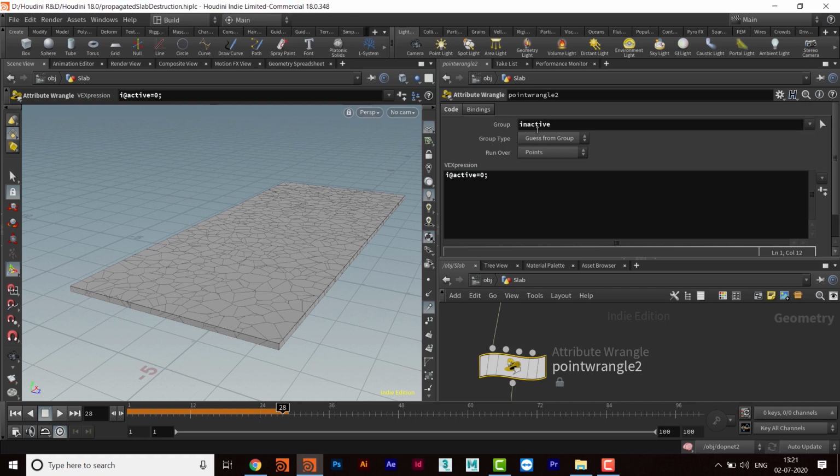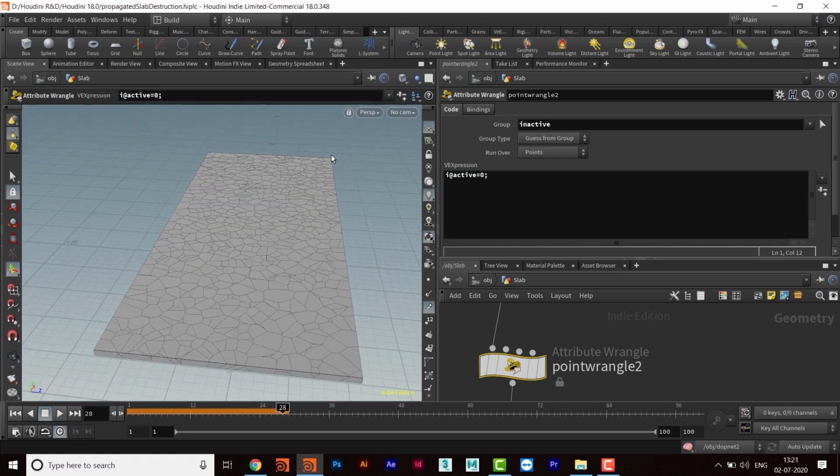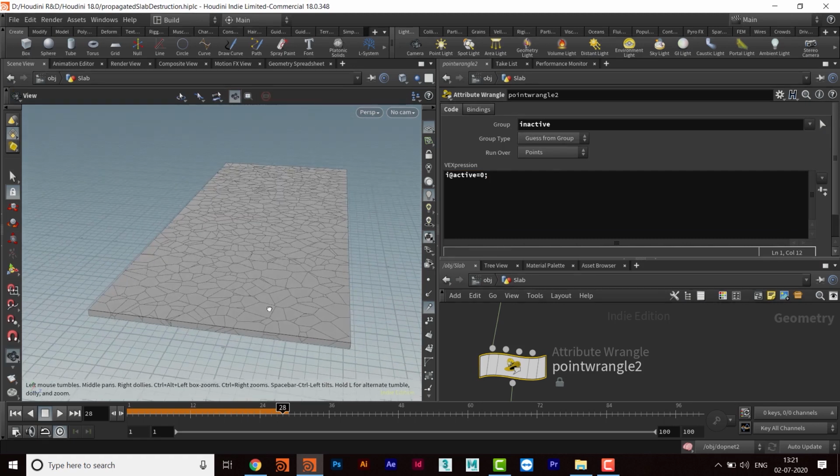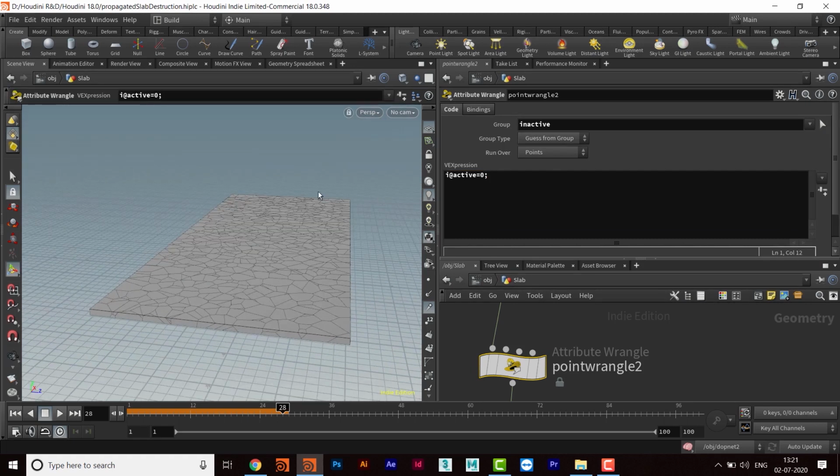So I will select the inactive group here, which is this part and this part, and this part will be inactive only and the rest of the part will be active here.